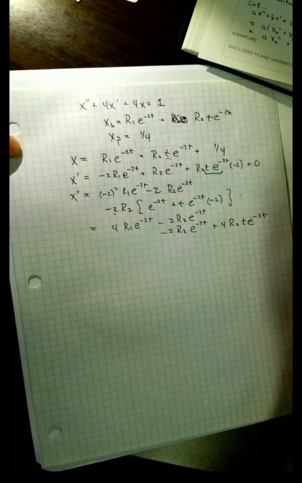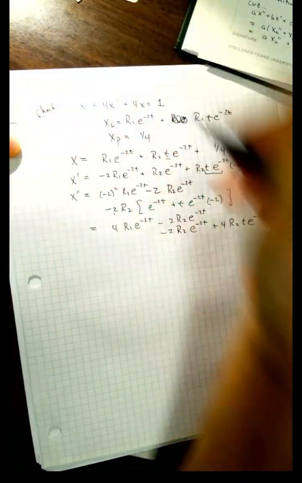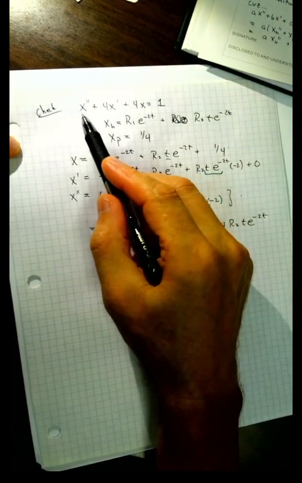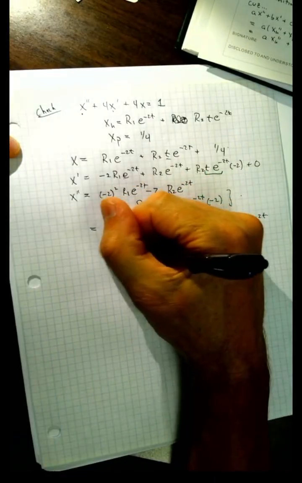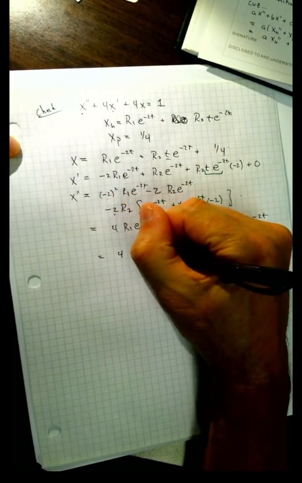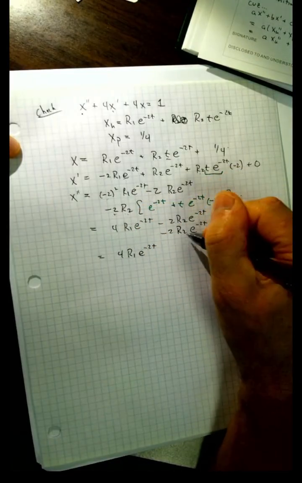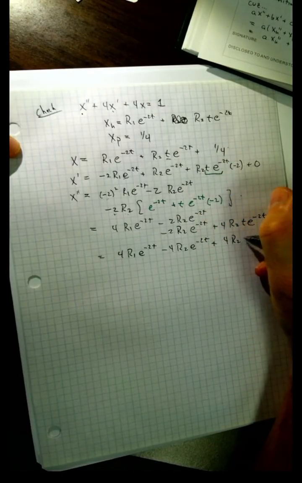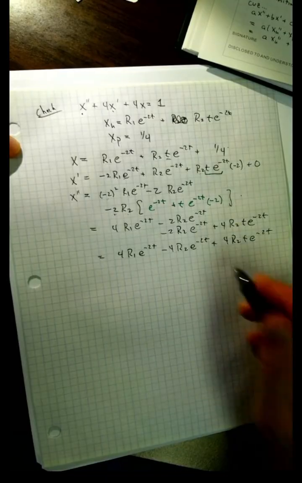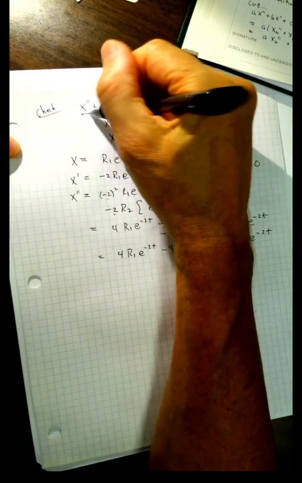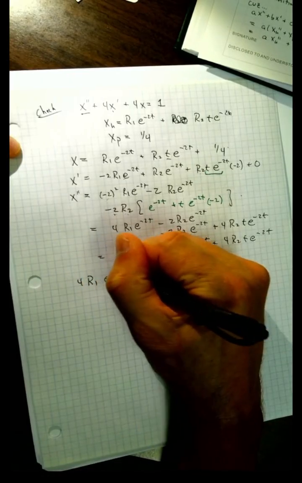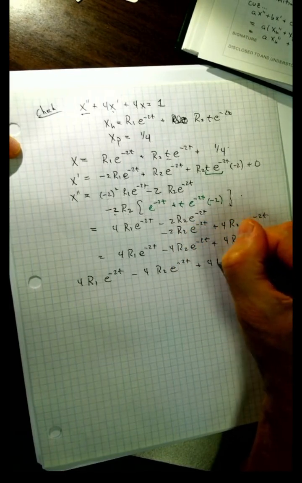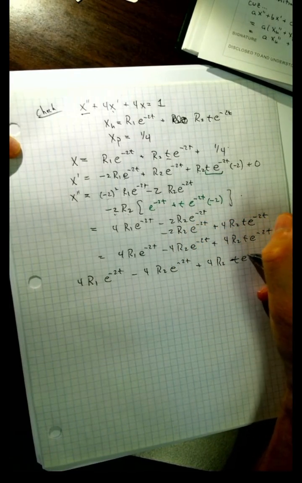Okay. And again, I'm checking to see if this is right. All right. So I'm going to plug this back into the original equation. So let me clean this up one last time because this is still a bit of a mess. Leave that alone. Minus 2 of these is minus 4 of those terms. And I'm going to leave this term alone, so it's plus 4 R2 t e to the minus 2t. Okay. So x double prime is 4 R1 e to the minus 2t minus 4 R2 e to the minus 2t plus 4 R2 t e to the minus 2t